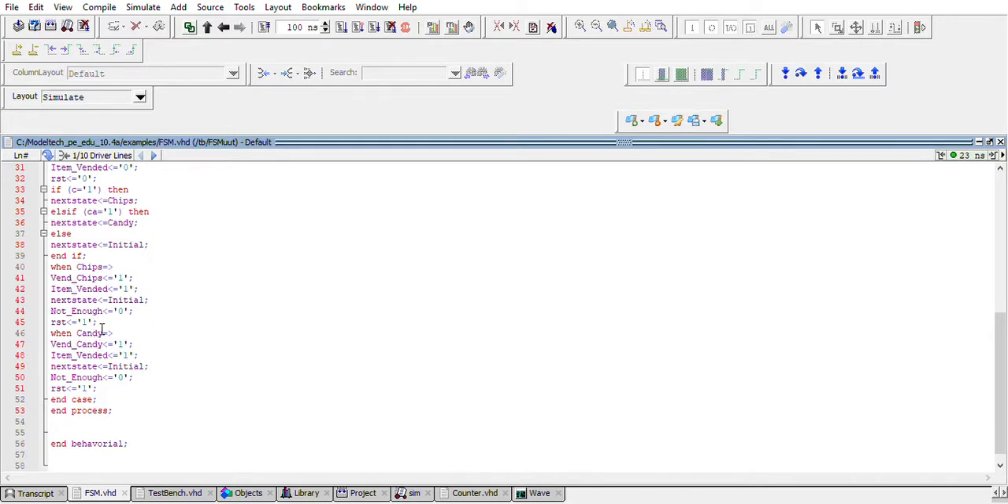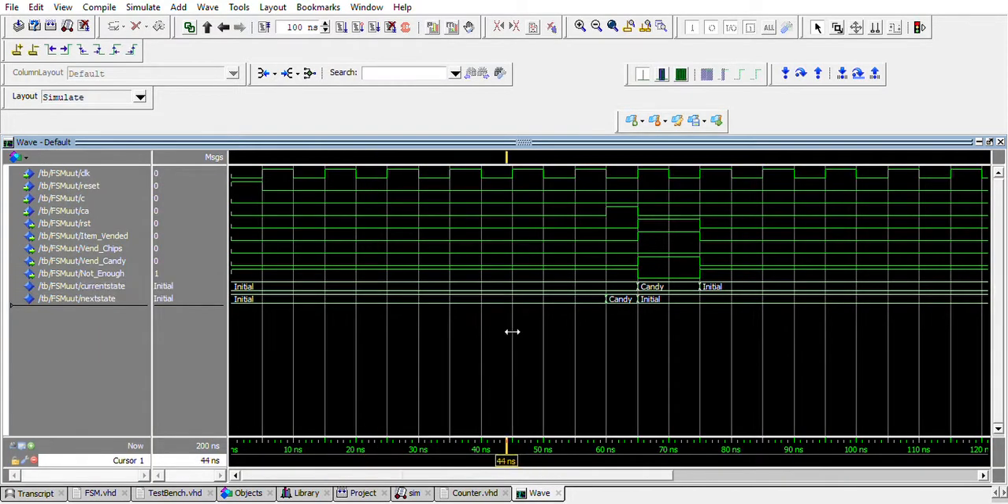So when it reaches the candy state, it'll vend candy 1, show that the item has been vended. Next state will be reset to initial. Not enough will display 0. It resets the counter. So to give a simulation of this,